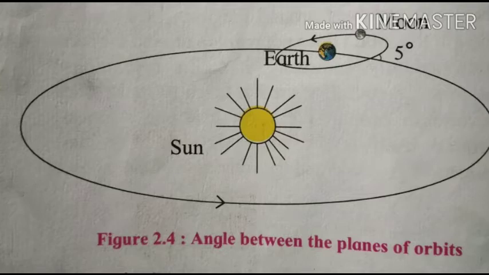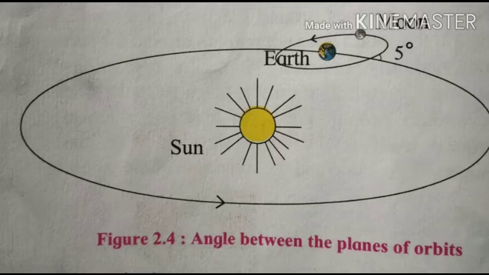The orbital plane of the earth and that of the moon are not in the same plane. The moon's orbit of revolution makes an angle of 5 degree with that of the earth. Because of that, the moon intersects the plane of the earth's orbit 2 times during one revolution. On new moon day, the lines joining the earth, the sun and the moon make an angle of 0 degree, whereas on each full moon day this angle is 180 degree.